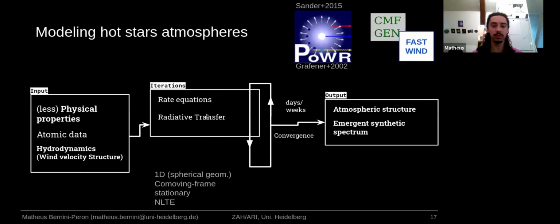Then the code will solve the rate equations and the radiative transfer. And then after some time, you have the atmosphere structure with all of your density profile, temperature profile, ionization stages, and the final synthetic spectrum. And if this synthetic spectrum matches what you observe in real life, then you can say that your input properties reflect well the reality. So this is the traditional